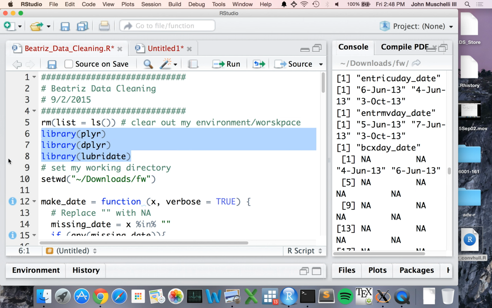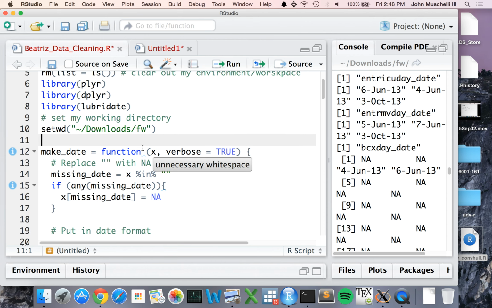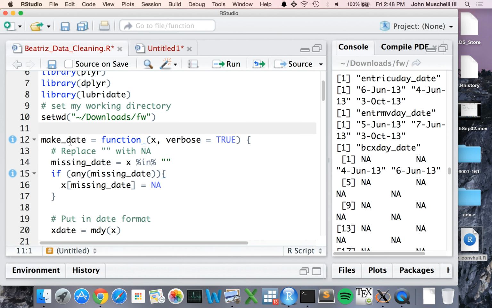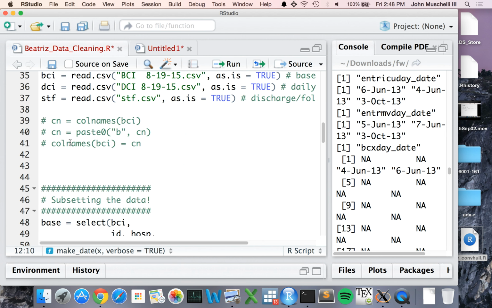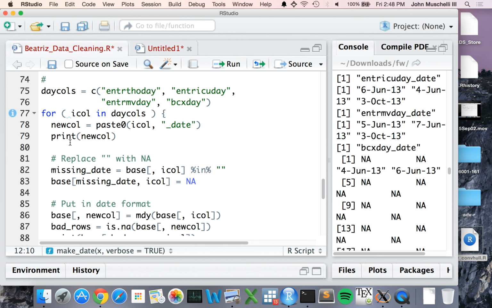Loading in my packages, sometimes setting the working directory, and then defining whatever functions I want to use. If they're new, right? Yeah. Okay, so now